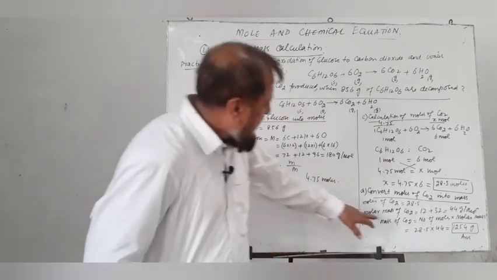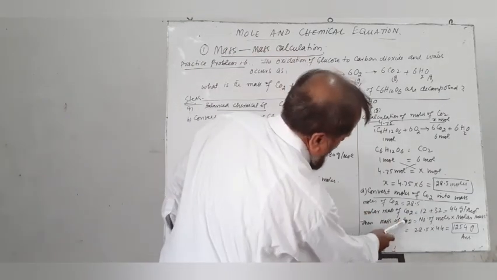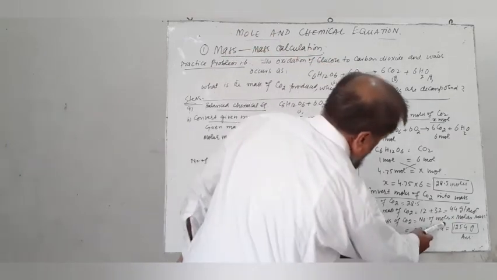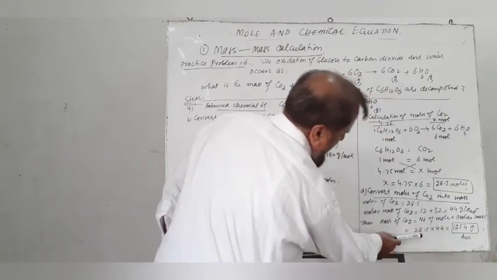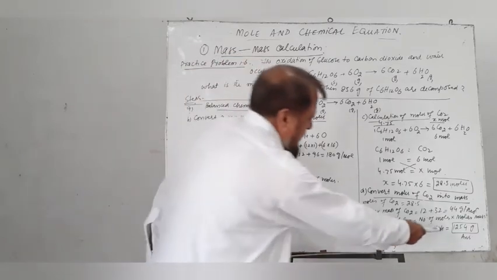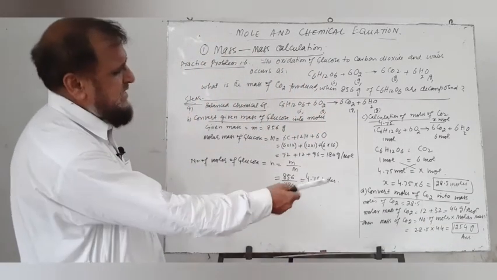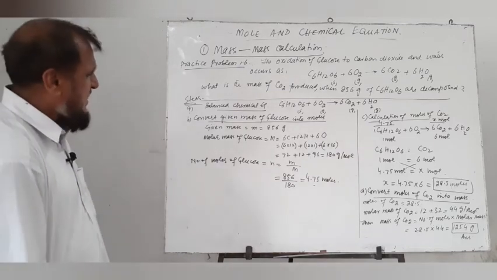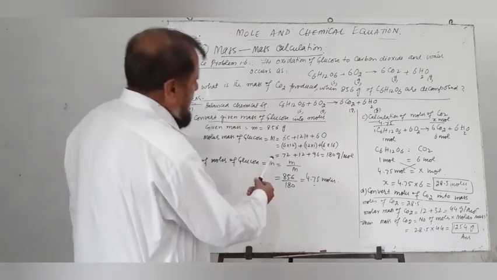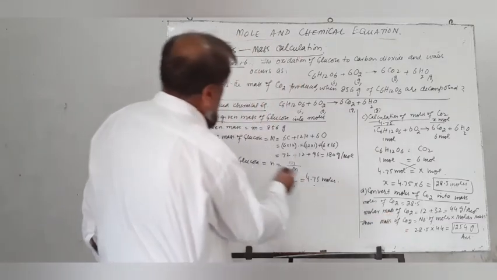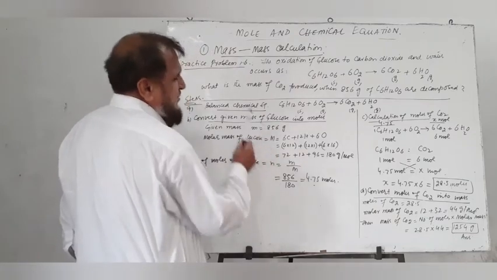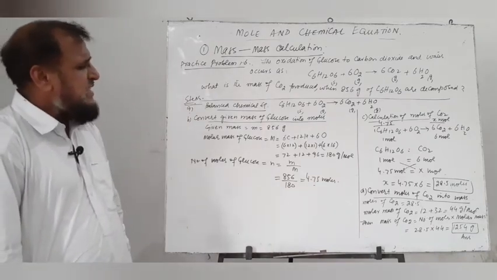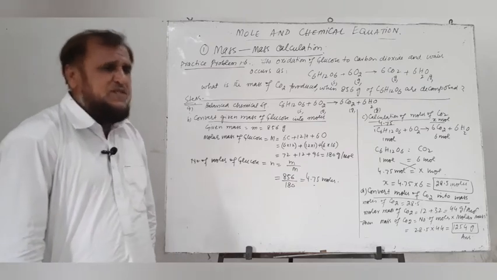Then the mass of carbon dioxide can be calculated by the relation: mass of CO2 is equal to number of moles into molar mass. The number of moles is 28.5 and the molar mass is 44. Therefore, we have 28.5 into 44 is equal to 1254 grams. It is the required answer. It is the mass of carbon dioxide that will be produced from 856 grams of glucose. Now, if we compare the given mass and the calculated mass of CO2, there is a very small difference, which shows that 856 grams of glucose produces 1254 grams of carbon dioxide. Therefore, we say that this calculation is correct and it is a feasible calculation.